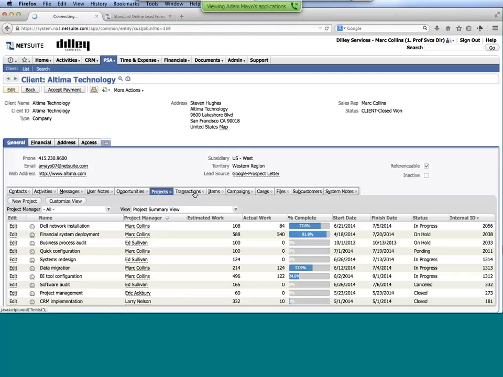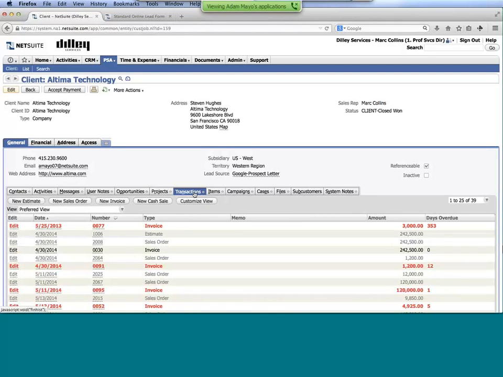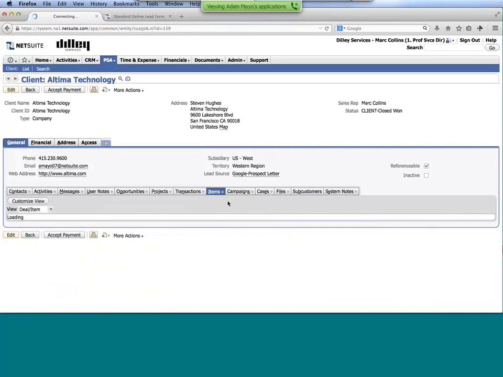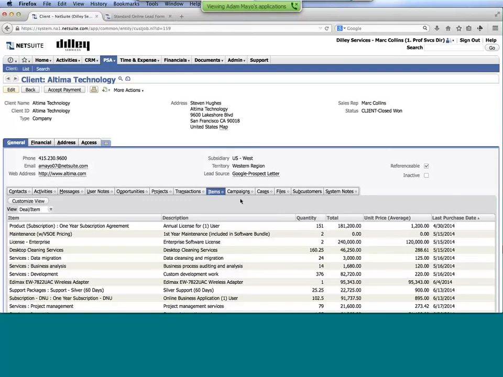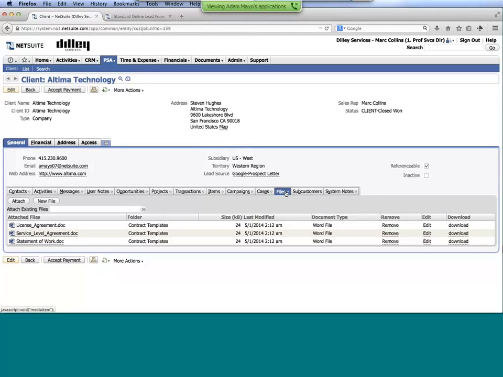And then wrapping up some of the other areas here from a financial perspective, being able to see the transactions that we have for that client, invoices, orders, estimates that we've quoted out to them, being able to see what types of items or services we provided to them in the past, being able to attach documents, SOWs, license agreements, having that central repository of information so that if I'm bringing colleagues onto the project or working with a client, they have that information that we've already gathered within the tool. So that's a little bit of that Client 360 view.